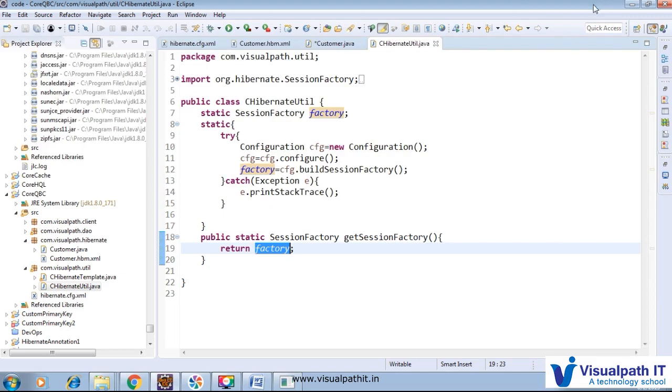I need not explain much more, because you remember that in each and every lab we are using this HibernateUtil factory. You can even copy this HibernateUtil factory to any lab or any program, and it will work as it is. So next we will see the Hibernate